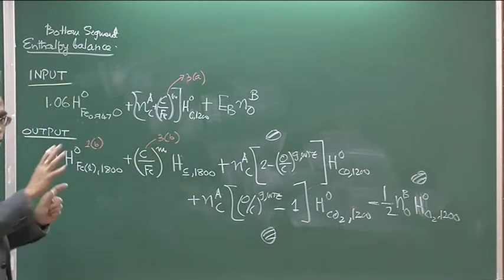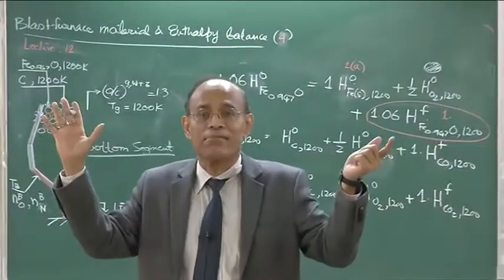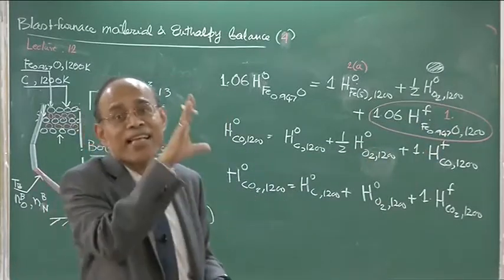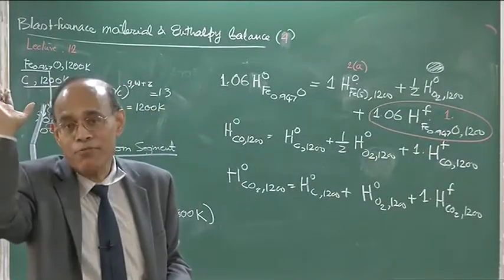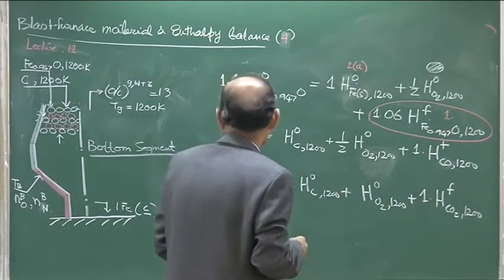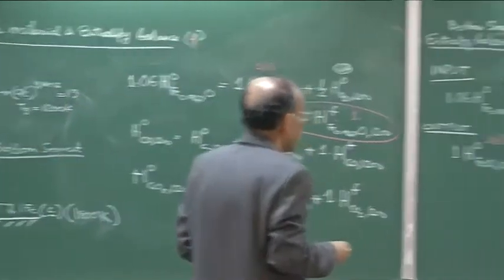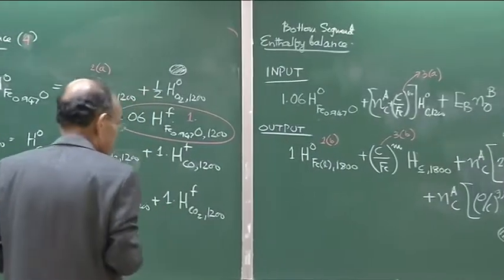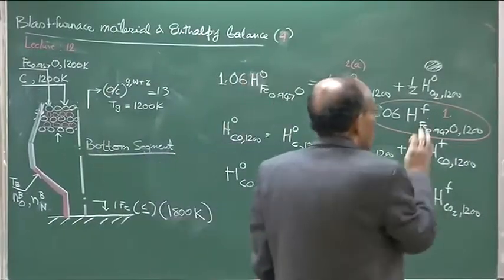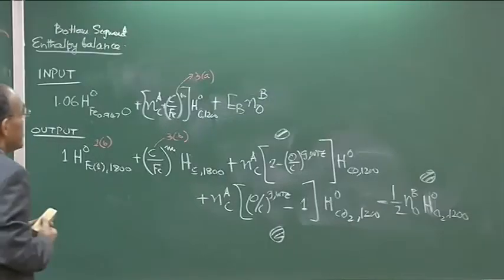So, what are we trying to do? We are trying to get all terms positive in this system. Whatever is there on the right hand side, whatever is there on the left hand side, each term calculated will have a positive value. That is the whole objective of doing this particular exercise. Now, if you look at this exercise, then one box is this. What is the remaining box? The remaining box is, I can say, this term,